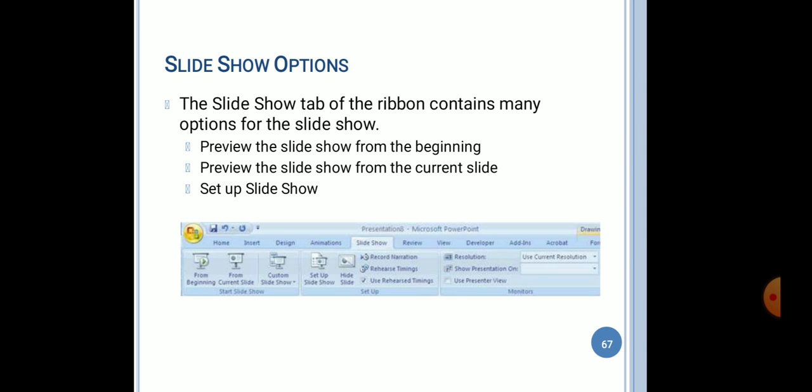You can also see the slideshow from the current slide, and you can set up the slideshow. This identifies where our slide show can be started. From here we can see the preview of our slide, either from the beginning or from the current location, or we can set up the slideshow.